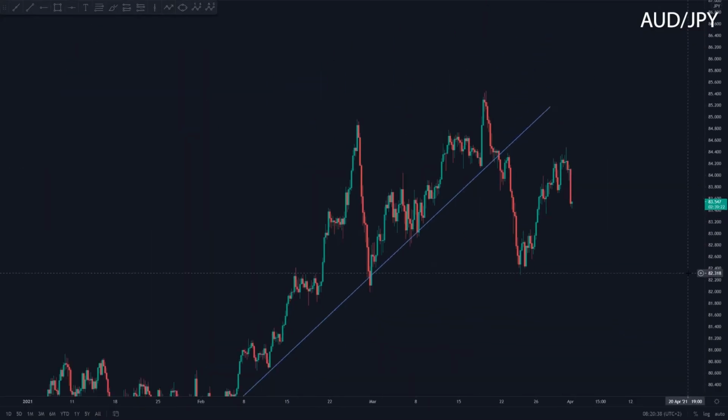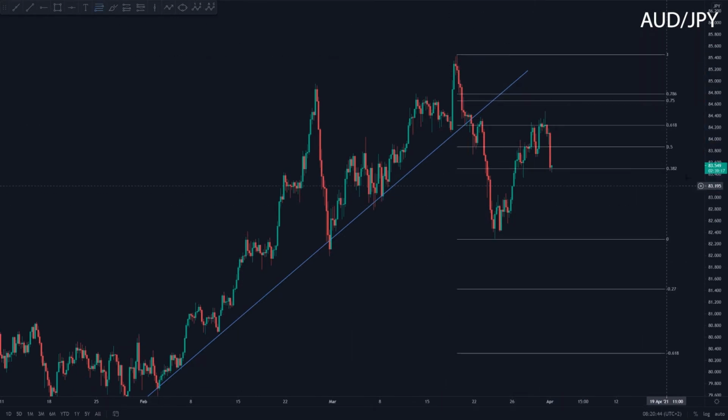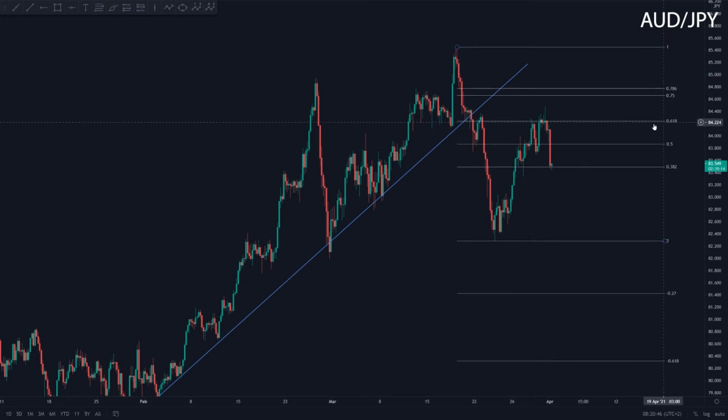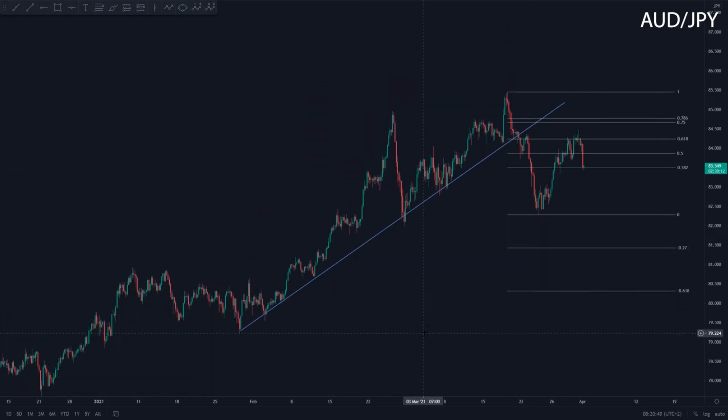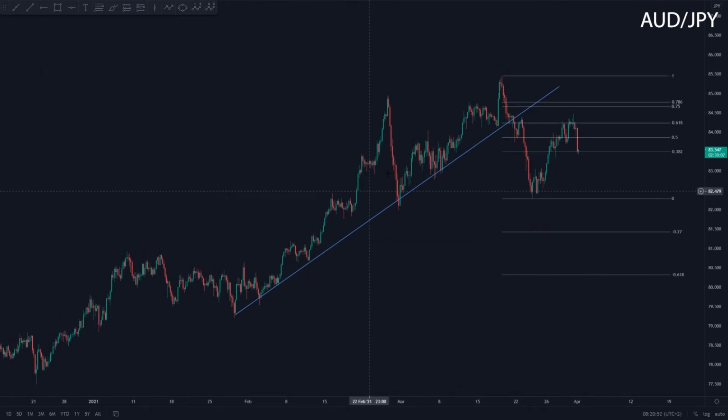Aussie Yen. Aussie Yen is pretty interesting. Why? Well, if we draw on our Fibonacci levels, we can see that we just completed the 61.8 Fibonacci retracement. We had this ascending structure with an ascending trend line. As we can see, we were making higher lows, and I'm naming this an ascending structure, preferably above an ascending trend line, due to the fact that the higher lows and the higher highs are not that clear. As we can see, we have a higher high over here and a higher high over here,